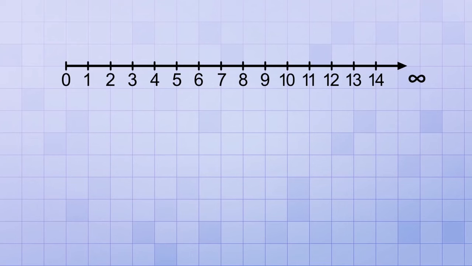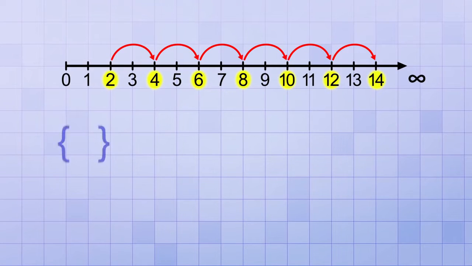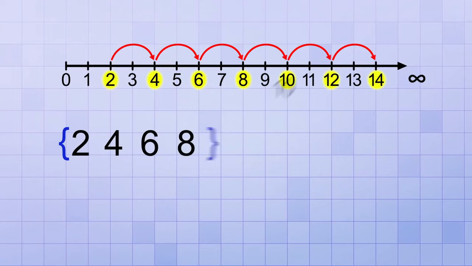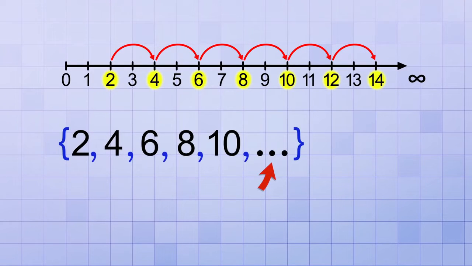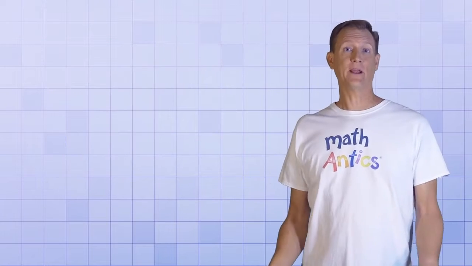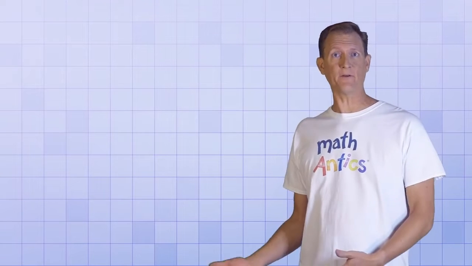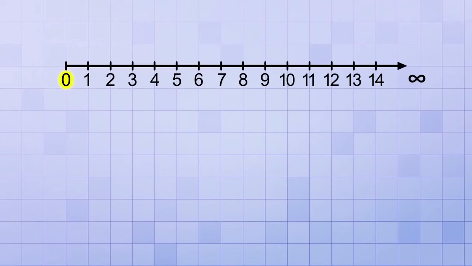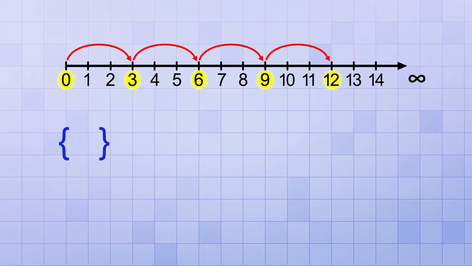Or suppose you start counting at the number 2 instead, but still skip every other number. You'd end up with the sequence 2, 4, 6, 8, 10, and so on. That's the infinite, non-repeating sequence of numbers we call even numbers, because all divide evenly by 2. And you can make other sequences by skip counting by different amounts. Like you could start with 0 and skip every 2 numbers to get the sequence 0, 3, 6, 9, 12,